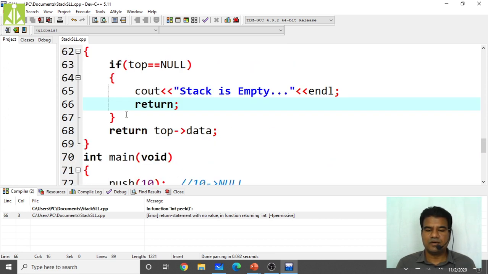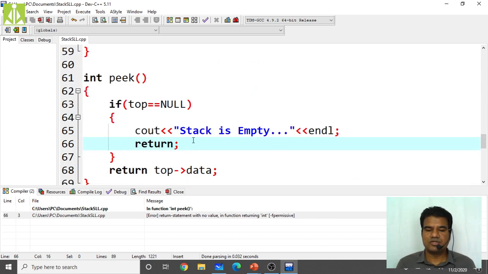So if the stack is empty and you are returning without any value, return 0 also we can say, but that 0 will come on the output screen. That should not be the case.